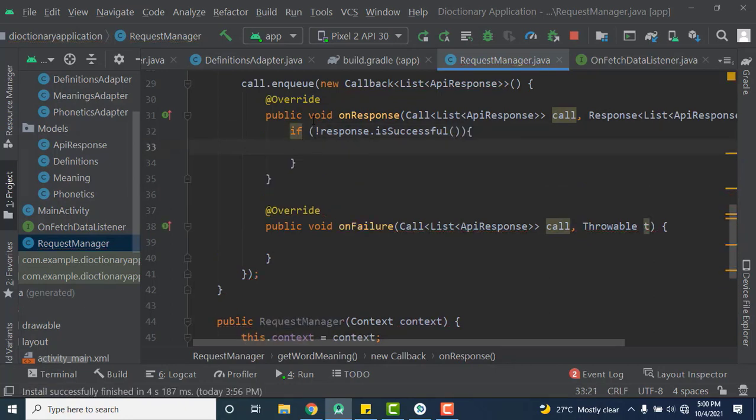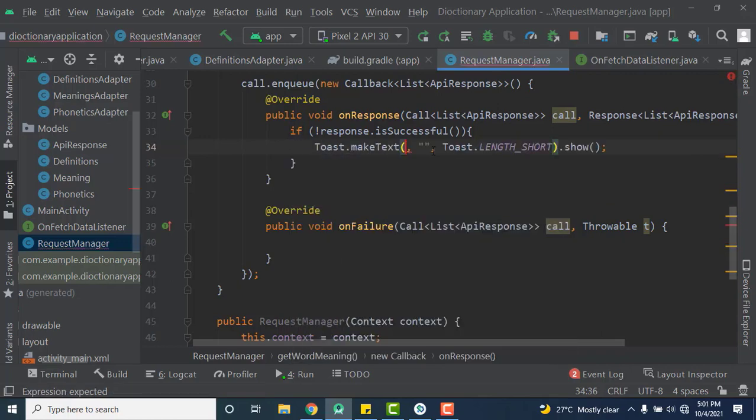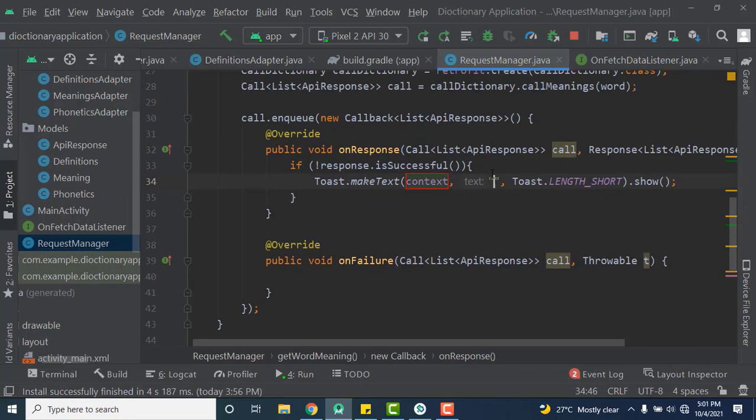Remember that I have this not symbol here. So what if the response is not successful? We give it a toast, Toast.makeText from this context. That is why the context is very, very important. So put error,